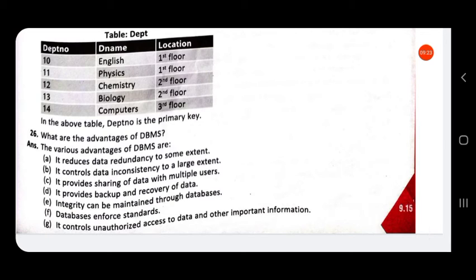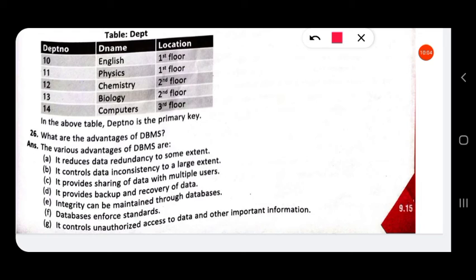Then next is, what are the advantages of DBMS? The various advantages of DBMS are: it reduces data redundancy, that is, it avoids storage of duplicate data. Then it controls data inconsistency, that is, if data in one location is changed, then there is a chance that copies of data in other locations are not changed.